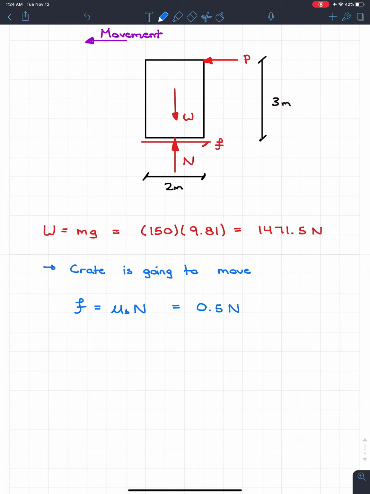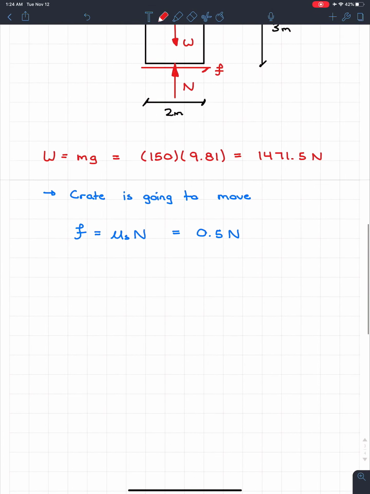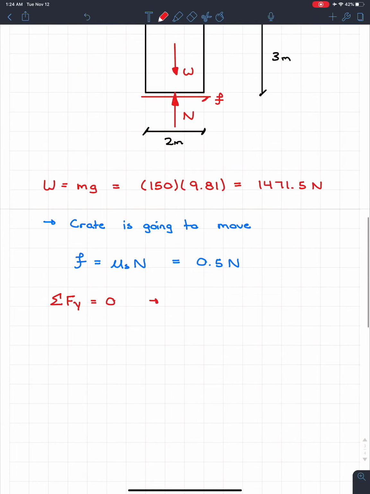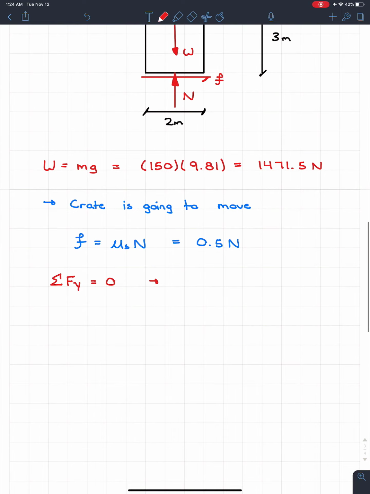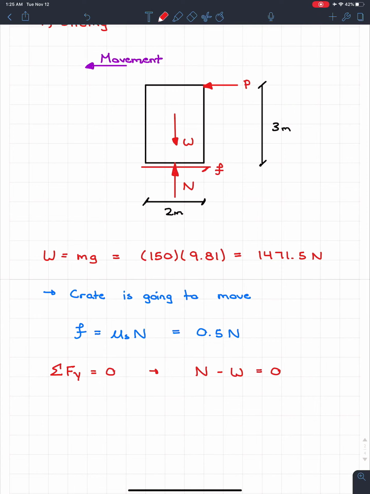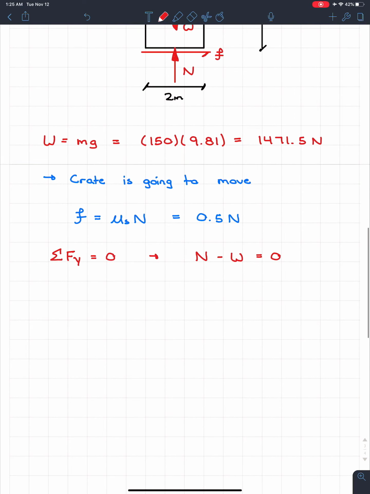Well, not right now. But we can easily take the sum of the forces in the y direction as 0. And if that's the case, what we see from our diagram is that we have the normal force going upwards and the weight going downwards. So N minus W, and all of that is equal to 0. Only 2 vertical forces, very, very simple to solve. So what we find out is that our normal force is equal to our weight. And we know that since our weight is 1471, our normal force is